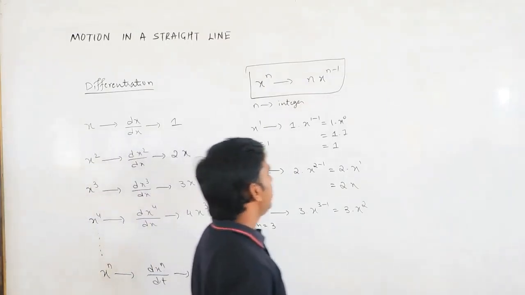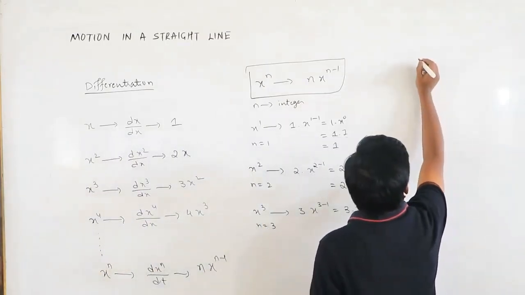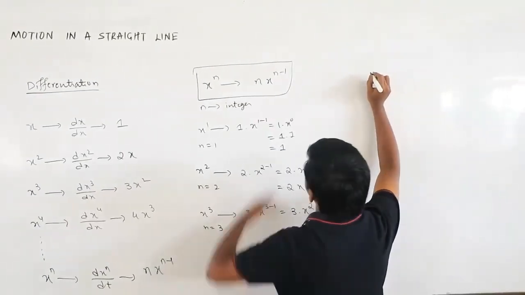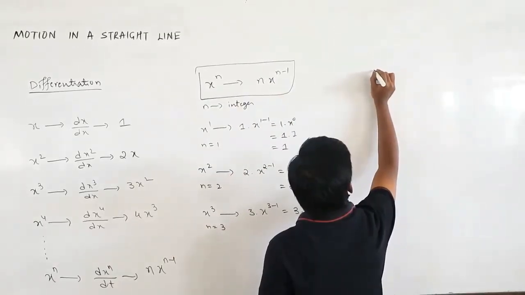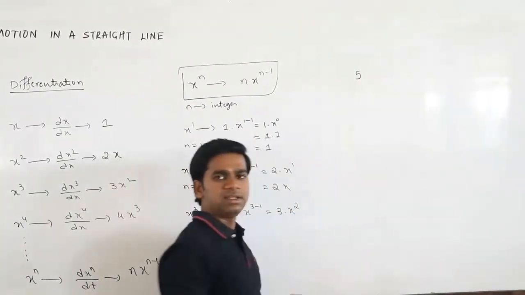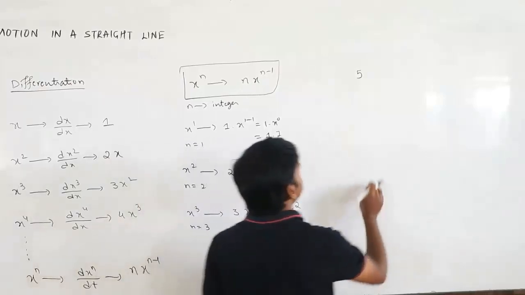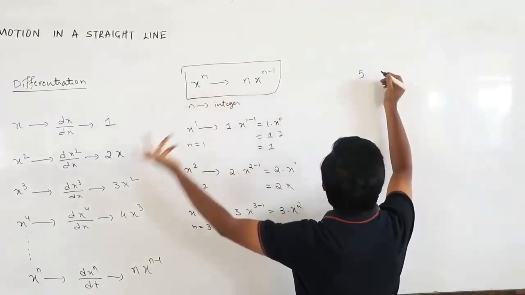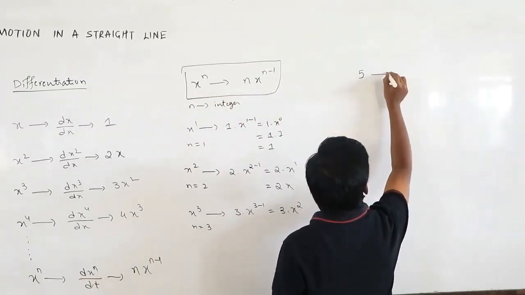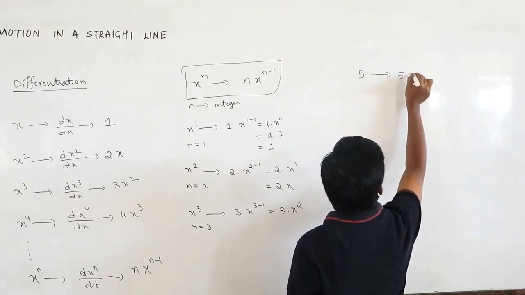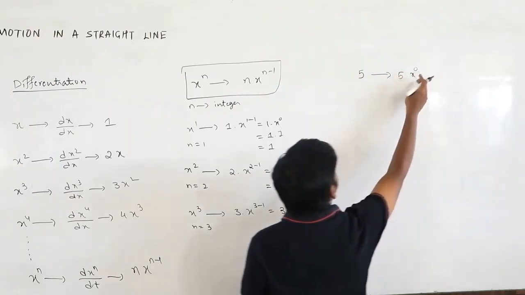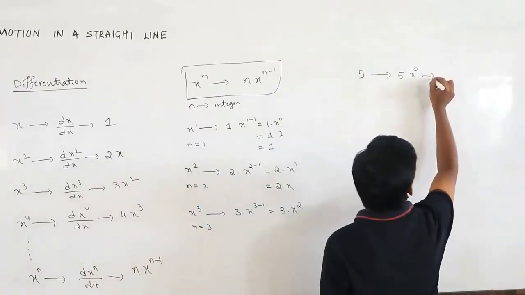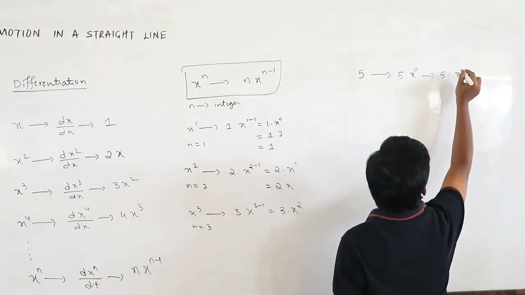One more very important thing: suppose it is a constant. Suppose x is not there, and only 5 is there. What is the differentiation of 5? Variable x is not there, or any other variable is not there. So can you write this as x raised to 0? X raised to 0 is 1. So what is left is 5. So if you substitute this, 5 into x raised to